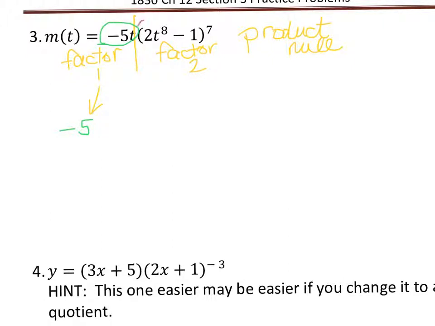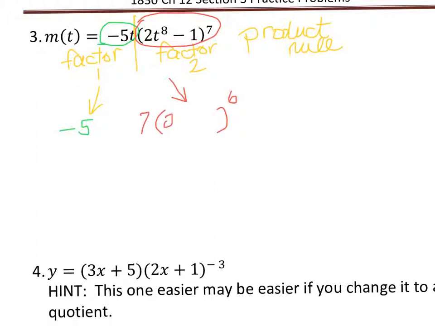And the derivative of factor 2, which is our chain rule part of the problem, is going to be to take what's in the parentheses, bring the 7 down in front, reduce the power by 1 and make it 6,